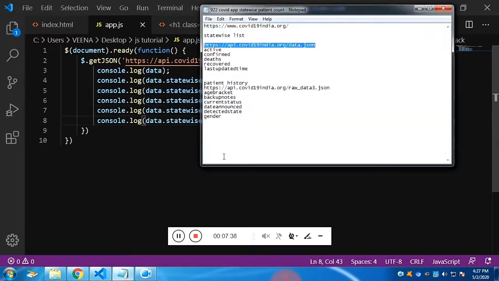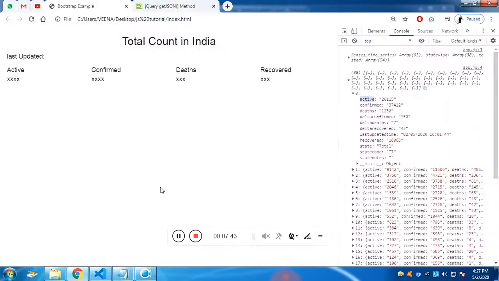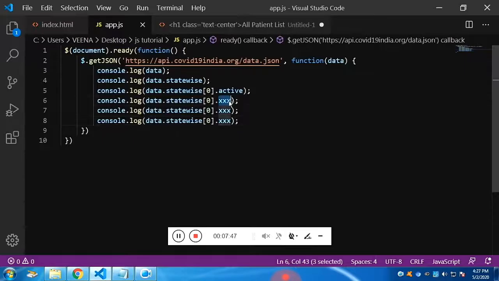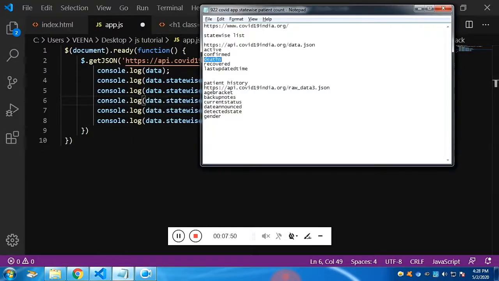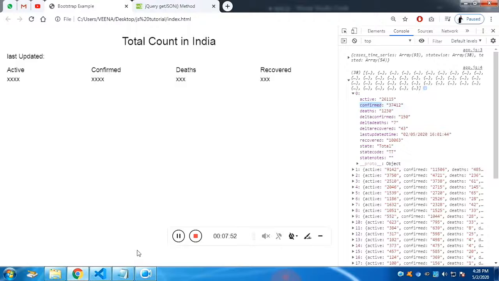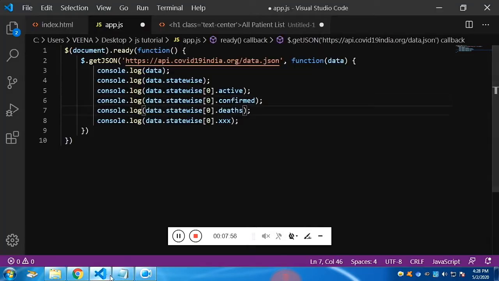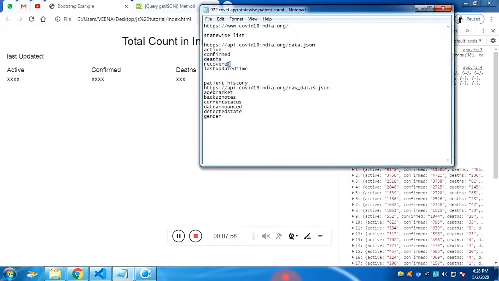As I have shown you and copied in a notepad, these are the variables. Confirmed, let's paste it. We need the confirmed, total confirmed cases, and we need the death. This data is also fetched over here. You can find now recovered and the last update.